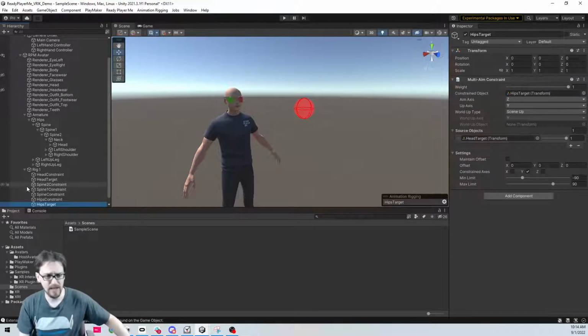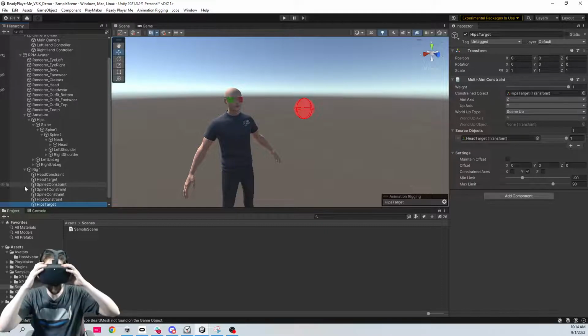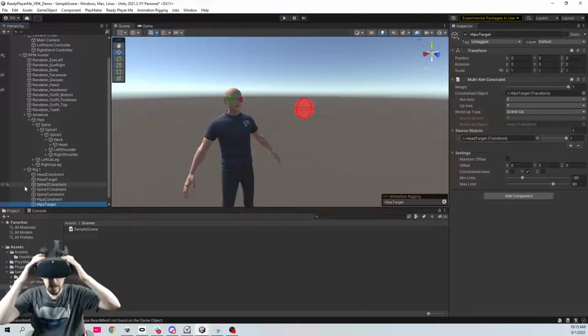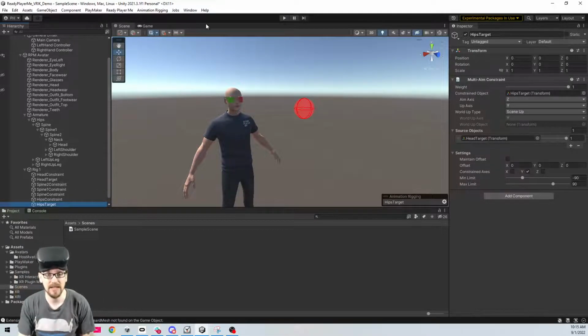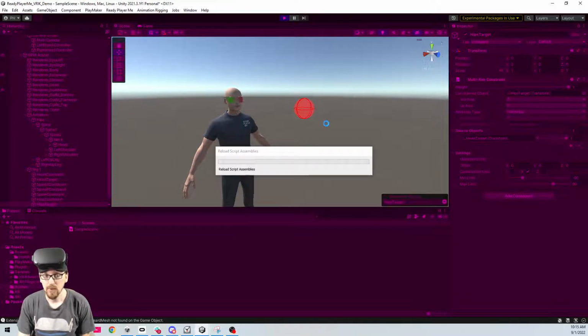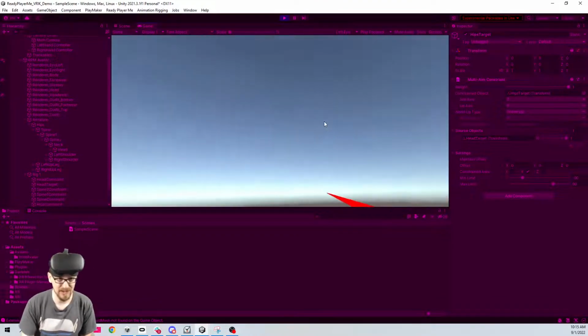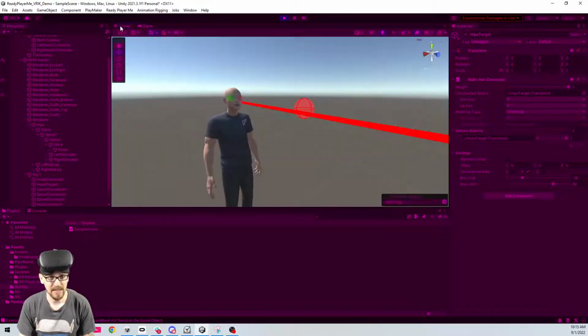All right, so now if we hit play, assuming my air link is still working, it is. We should see the hips rotate pretty much at the same rate as the head, so we might need to adjust that. Gotta love the scene played really fast.